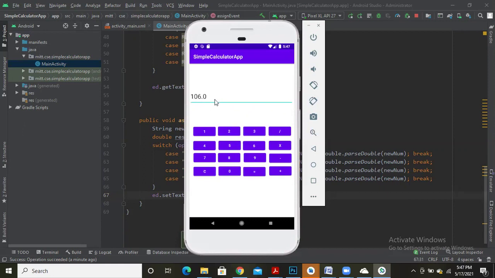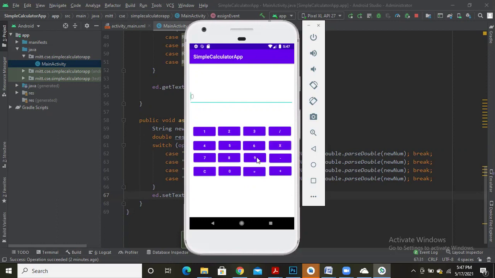So now what I do is take 106 as the old number. Let me click on the division operator. Now let me write 2. So 106 divided by 2 equal to, I got 53. So I am getting the result. Let me take 53 as the old number and let me use minus. I'll write 3. So 53 minus 3, I should get 50. Yes, I'm getting it. So 50, I'll take it as the first number and let me multiply it.